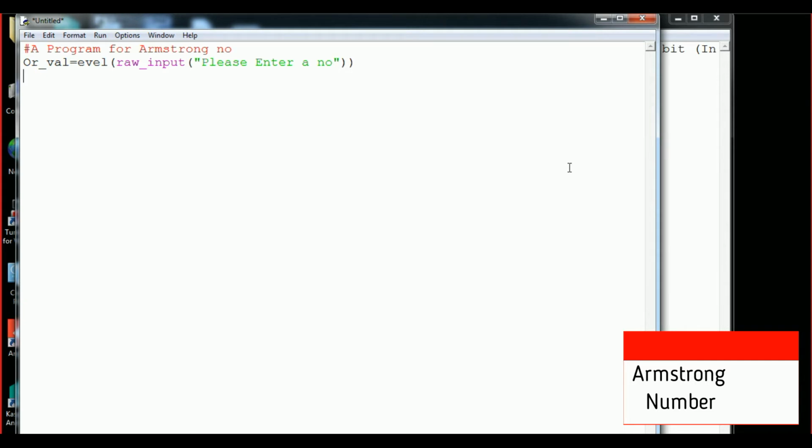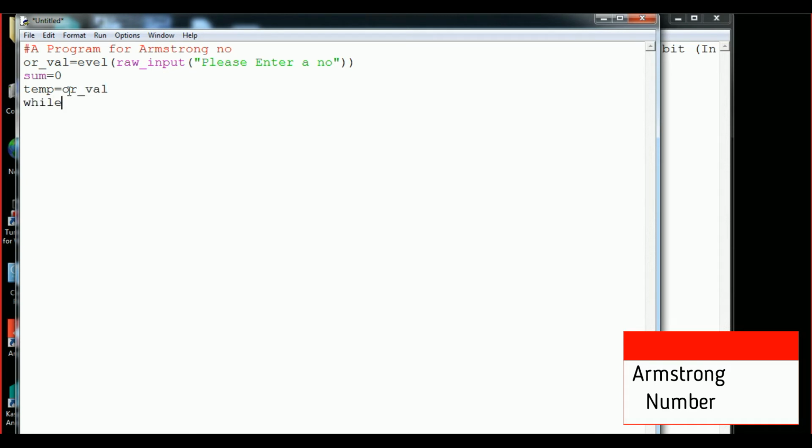Then, first of all, I will declare a sum variable, because it will total the value of all. So here I have used a variable named sum. Then I will use a while loop, because I will separate every element with the help of the looping technique, as I discussed in an earlier video. I will also use a temp variable, which stores the value, or I can simply call it val, because it is good.